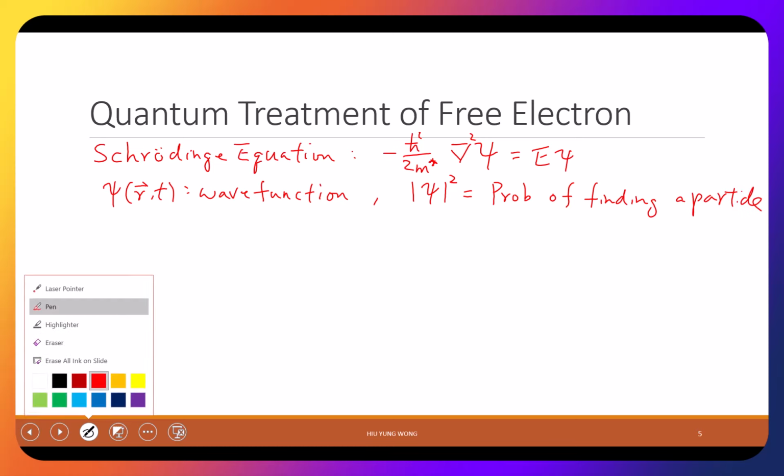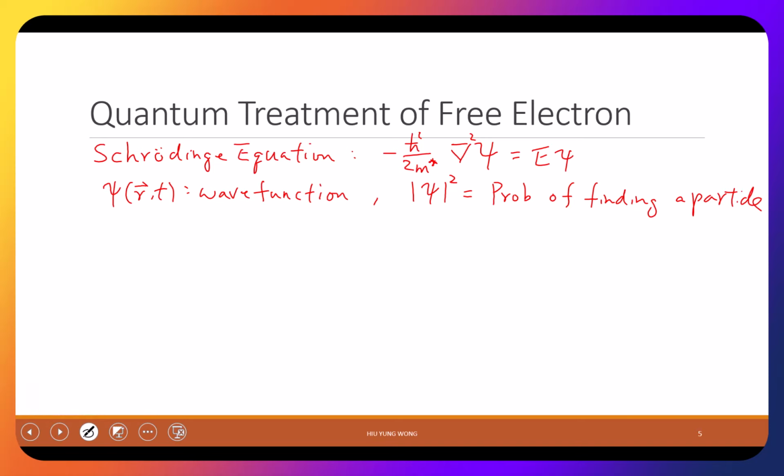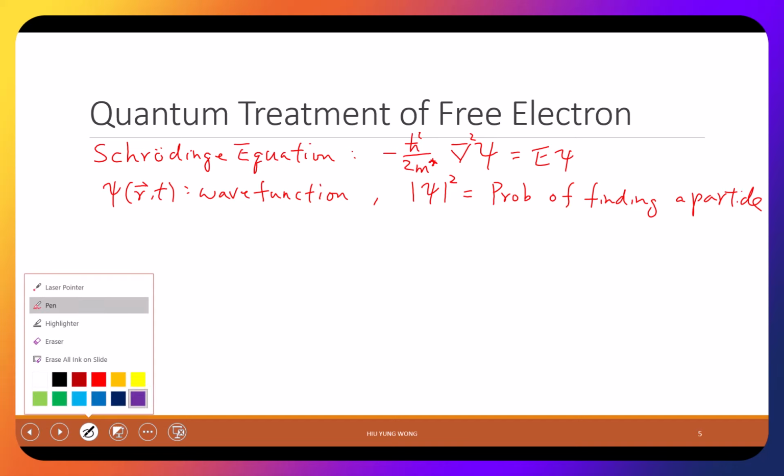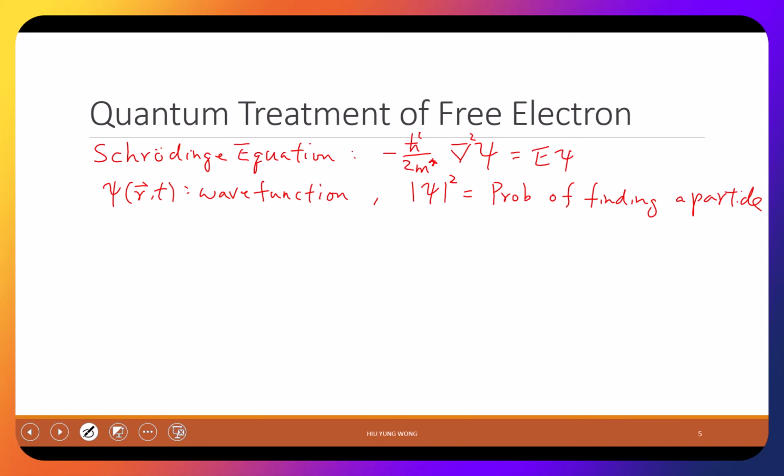Right, and for those who had taken E225 or who know the Dirac notation, if you don't know what I'm talking about, it's fine. Just to remind you, this is the wave picture, but this is just like the inner product of the ket and bra states. If you have taken this class, otherwise, no need to worry about this. The point is why the wave function is important: because its magnitude square is related to the probability that it will exist at the given time and also the given location.